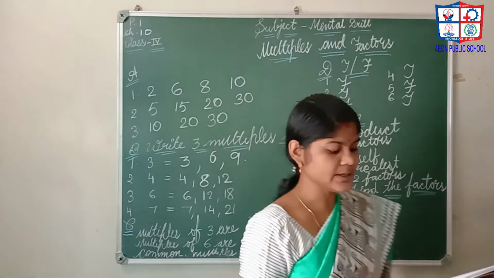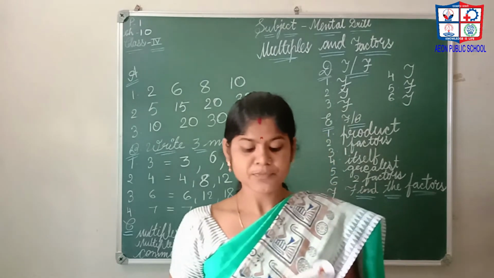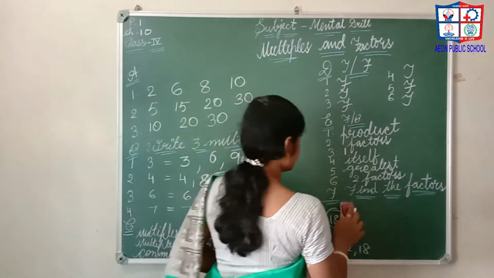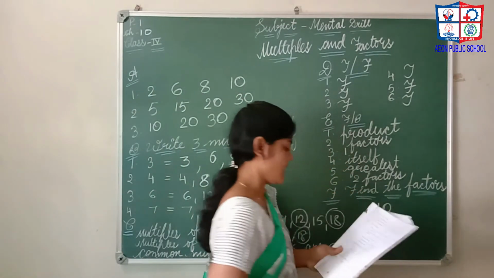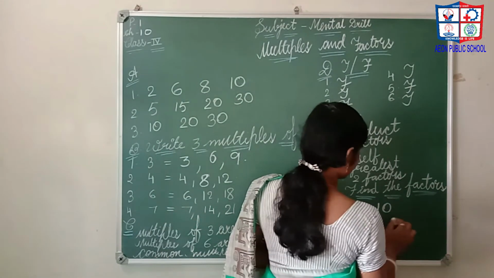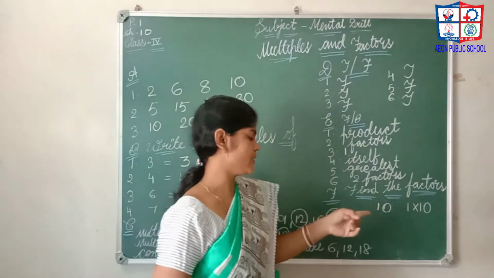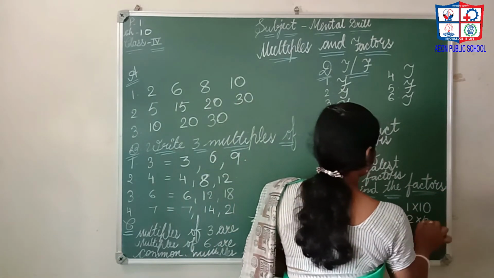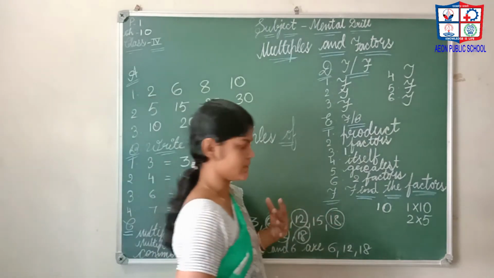Now we have completed E bit. Now F bit. Find the factors of the following using multiplications. So here, see, 10 questions are there. Then the first question is 10. So here they are saying that you have to find the factors by using multiplication. So 10, in which table do we get 10? Yes, obviously 1 tens are 10. Here 1 is a factor of every number, and in which table, 2 fives are 10 and 5 twos are 10 and 10 ones are 10.